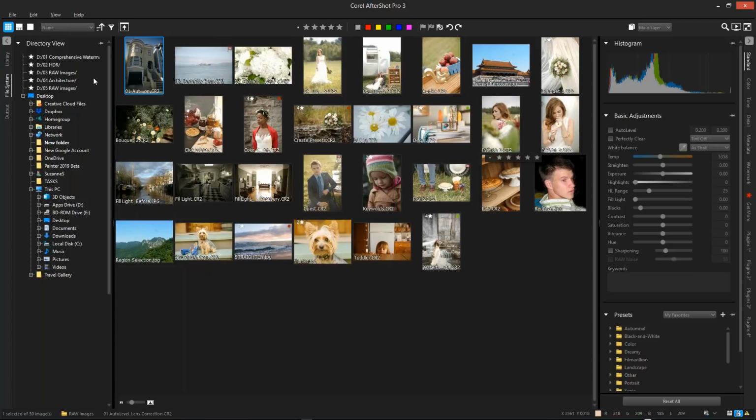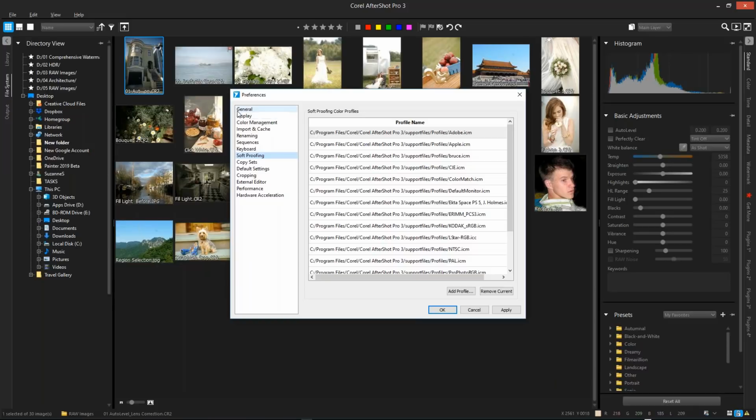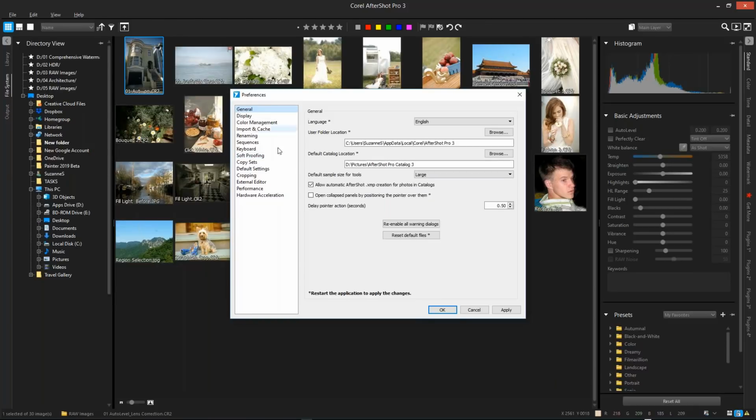So let's get started. Now I'm going to start at the top by first of all going into AfterShot's preferences. So if we start with the general preferences, you can see here the location of the user folder. Now, why is this important? I'm just going to jump to the user folder,